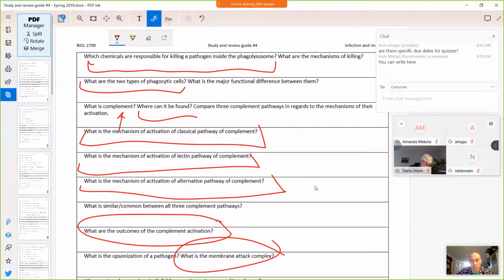Okay, so think of it this way. If you buy some pretty bland food, you may want to add ketchup or soy sauce to make it taste better. So opsonization is essentially adding ketchup or soy sauce to the pathogen so macrophages or neutrophils can recognize it better and destroy it faster. So I hope that helps.